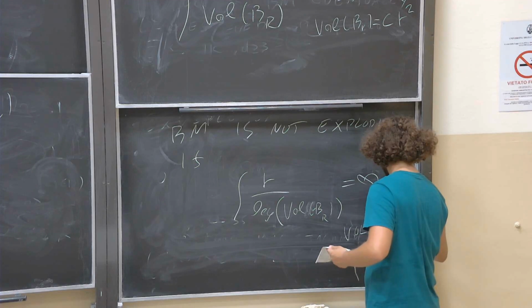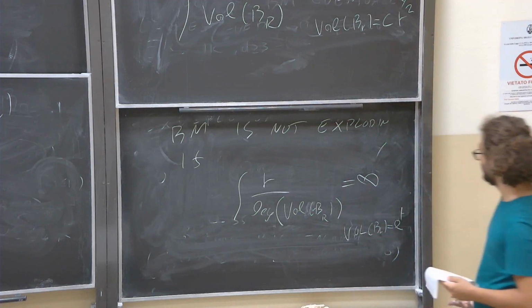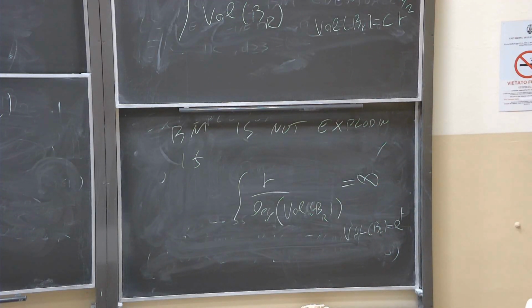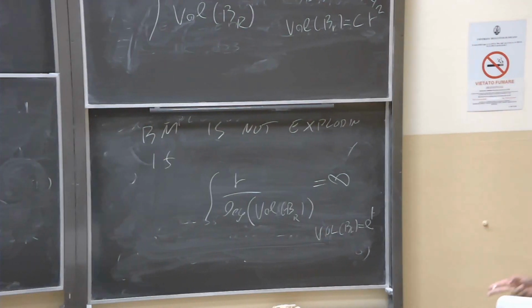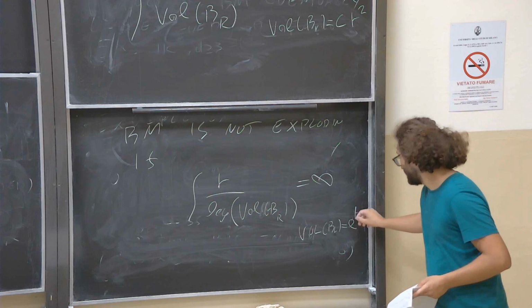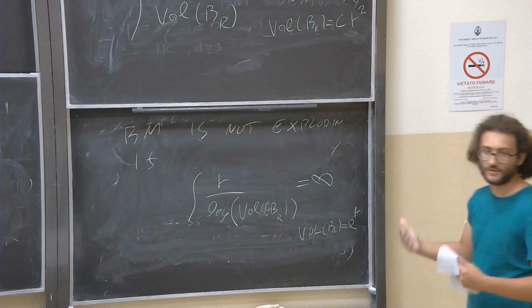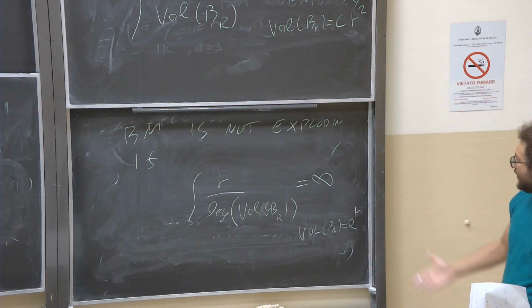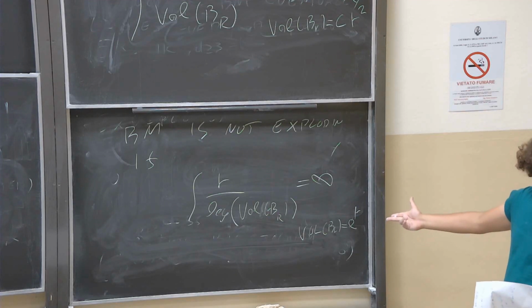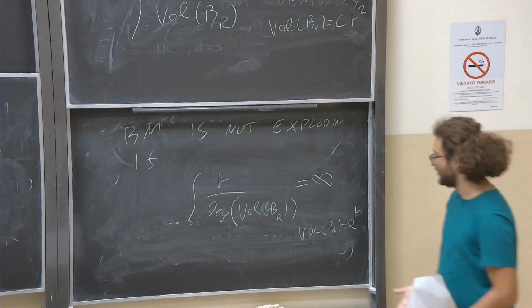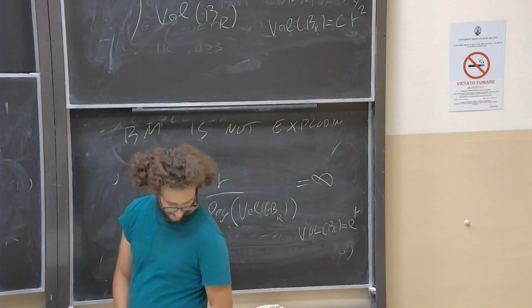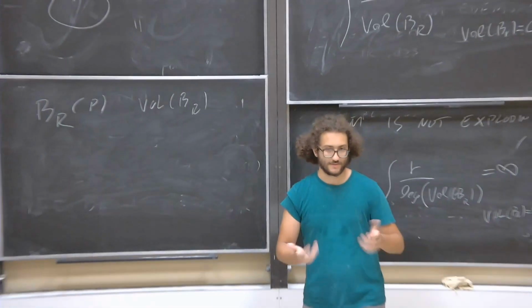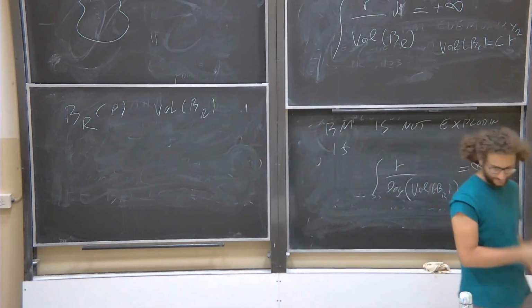So we need something like e to the r, or e to the r squared, in order to have this condition. Manifolds which curve less, and this is really a lot, don't see this strange phenomenon of explosion. But if I can manage that, and it is possible to achieve, you have your condition. And that's more or less all I wanted to say. I think it's enough, otherwise it's getting a bit annoying.